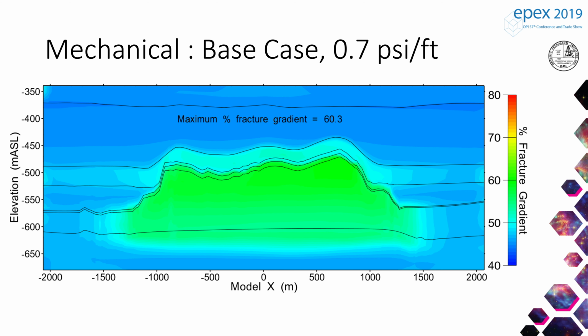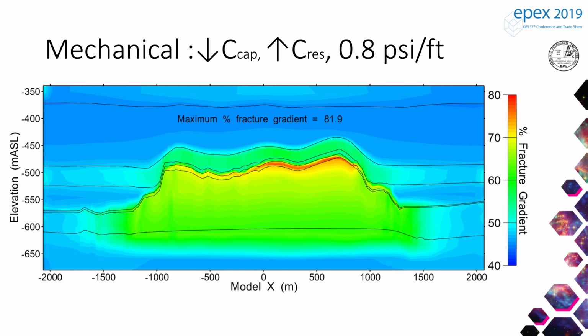If we reduce the minimum principal stress by 5%, we get a further increase. Now we're at 73, starting to get a little bit higher. Now in this case, we increase the compressibility of the reservoir, and we decrease the compressibility of the cap rock. And here we finally find a scenario where we slightly exceed the regulatory criterion. However, I think this should be considered an extreme end member scenario, kind of with a low probability.